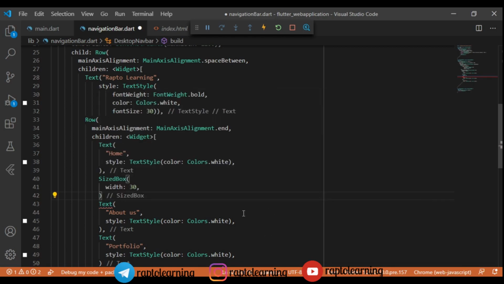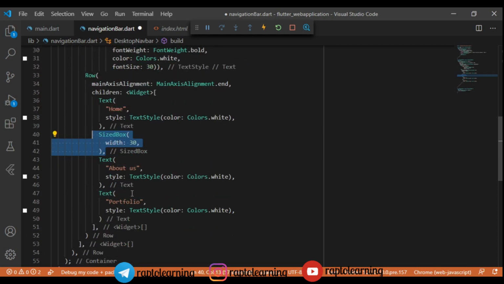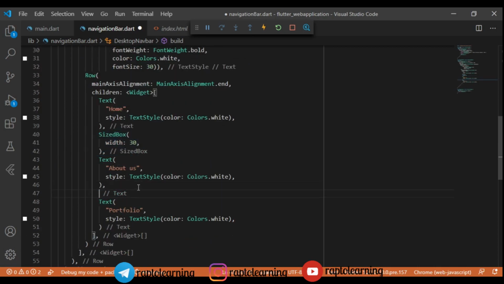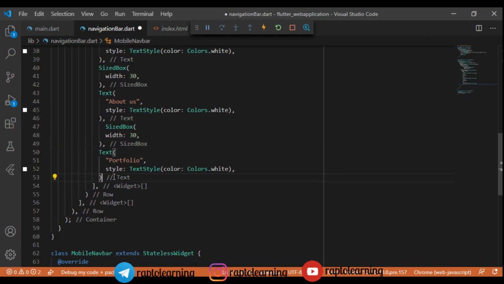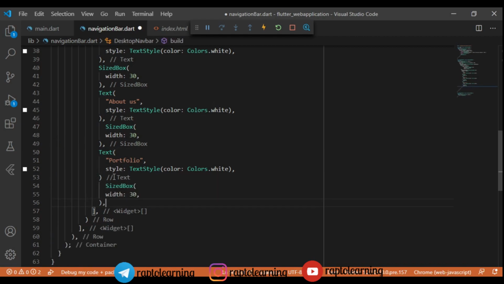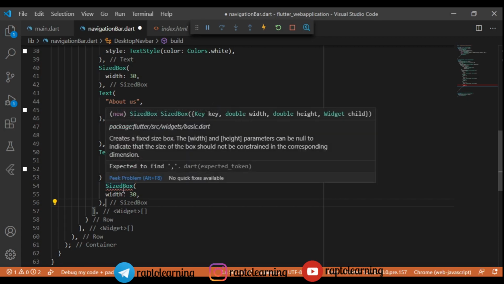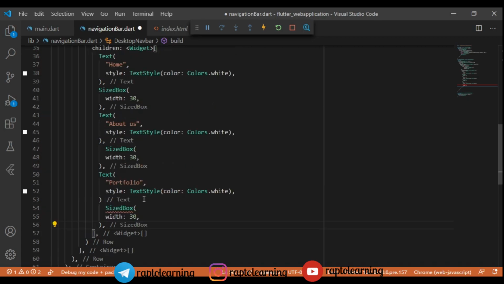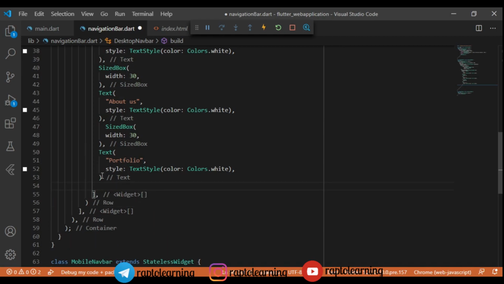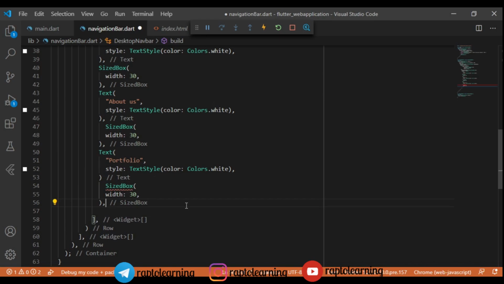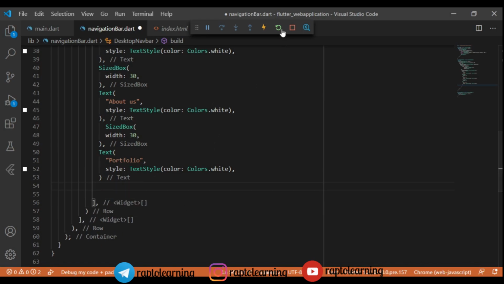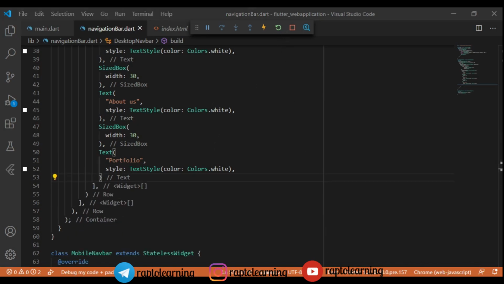So let's copy this size box and paste it between about us and portfolio also. I will paste this above portfolio, so that it will also be separated and it will look nice, right? I will also add a size box at the end. It is giving me an error, probably I have missed a semicolon for this text, right? So let's add that semicolon in this text.